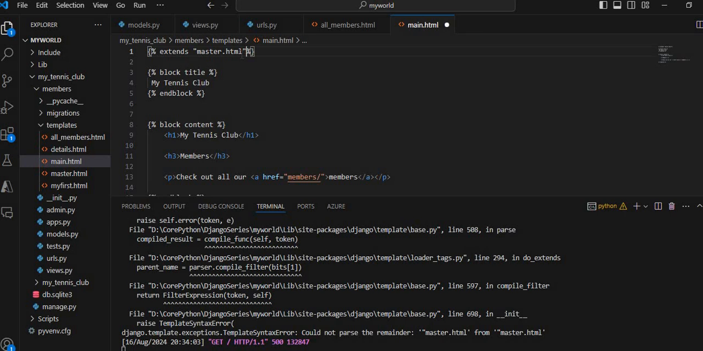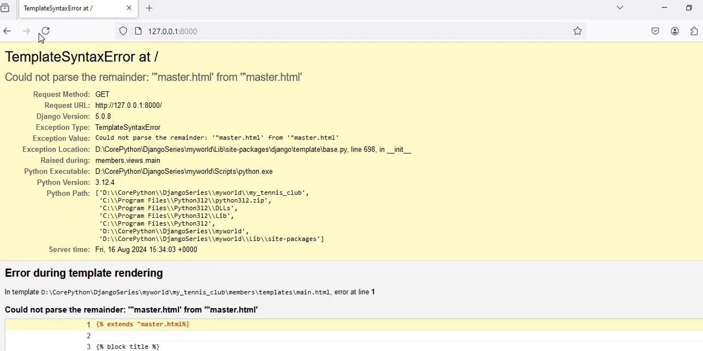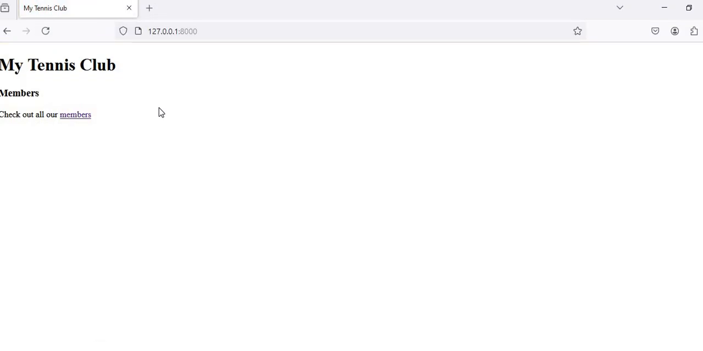Here I have to use double quote. Make sure of each and everything. Let me refresh my browser. Here, let me refresh this page. As you see, guys,